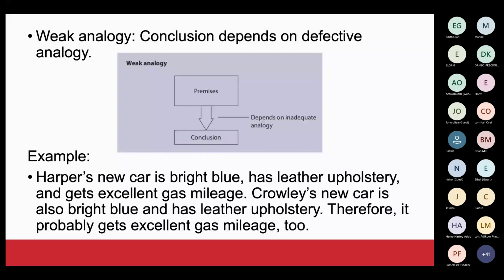Then we have weak analogy, trying to draw similarity between two people. Weak analogy, drawing similarity, because A is green, this is also this. It means that they have similar capacity. Okay, because twins.